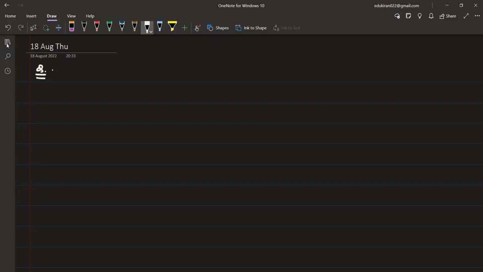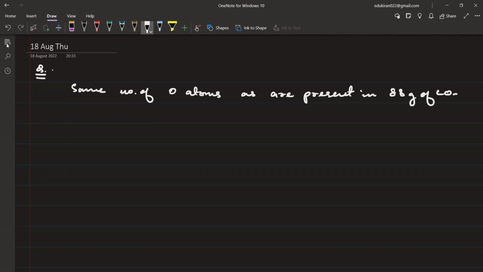Calculate the weight of carbon monoxide having the same number of oxygen atoms as are present in 88 grams of CO2. Correct? This is the question, yes or no? Yes. And now you have to get the what? You have to get the weight of